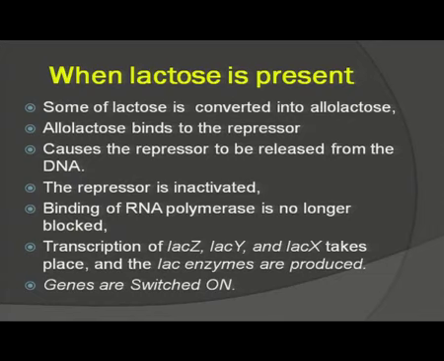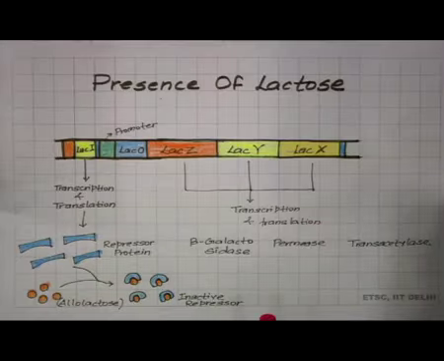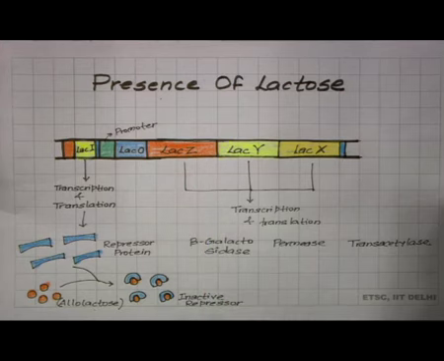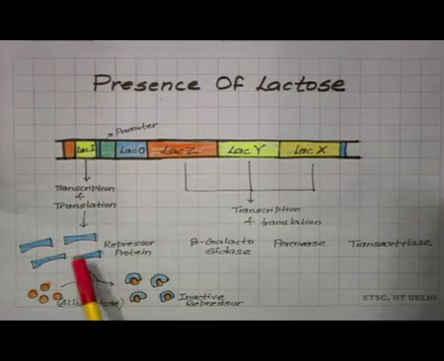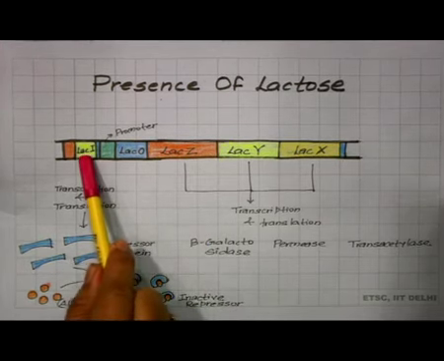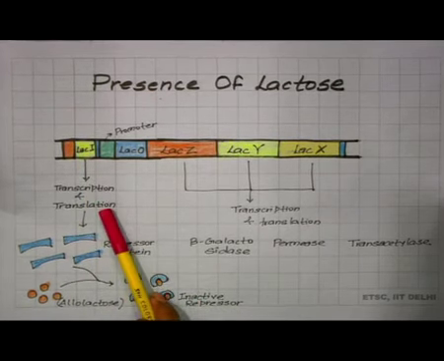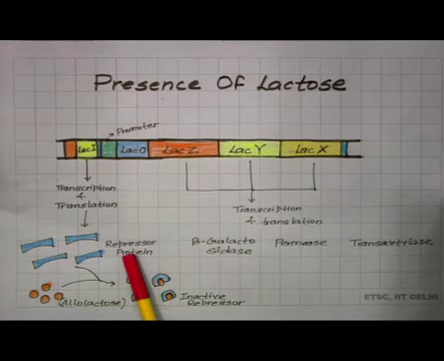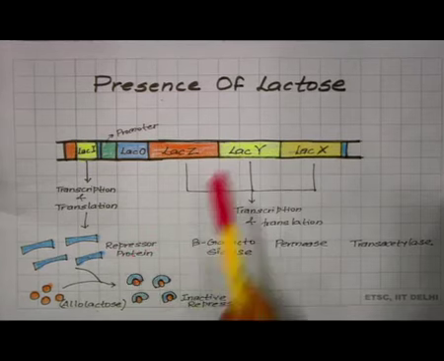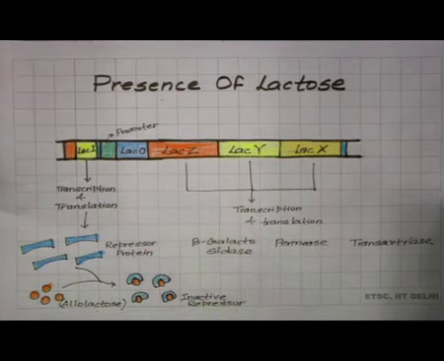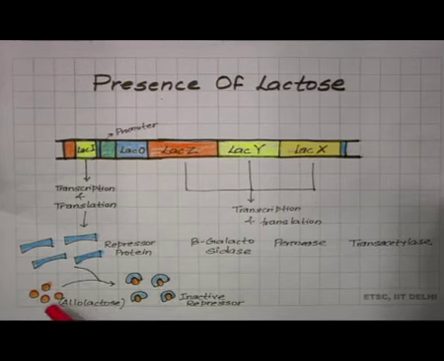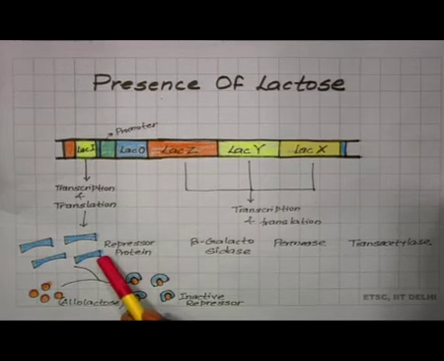In the presence of lactose, there must be expression of genes which are going to break down the lactose. So, this is how the genes work in the presence of lactose. These are the repressor proteins synthesized by the regulatory gene. When the regulatory gene undergoes transcription and translation, it will synthesize repressor protein. Because there is lactose, some of the lactose will form allolactose, and this allolactose will combine with the repressor protein